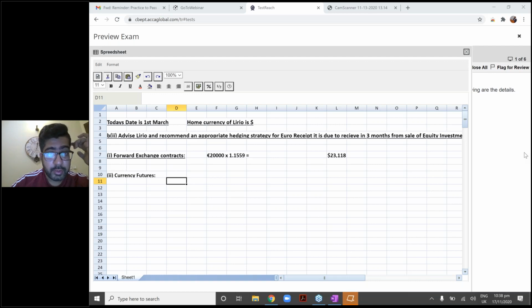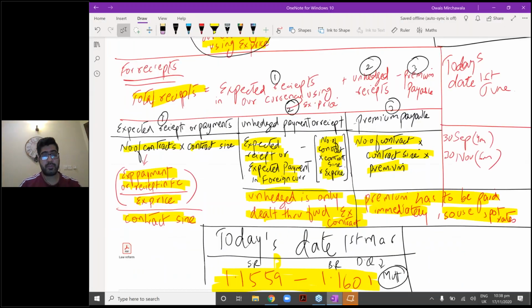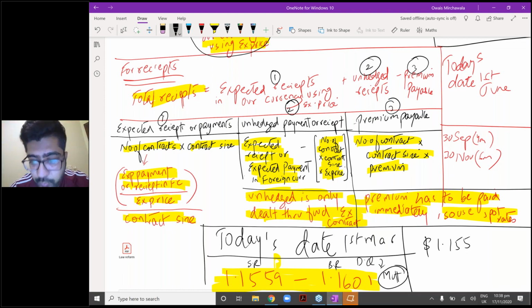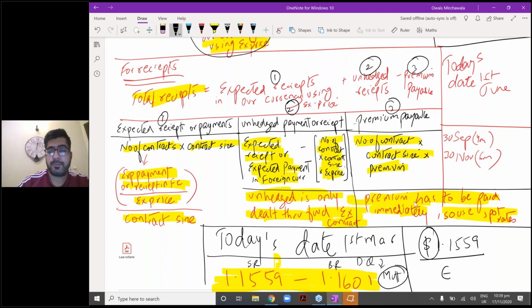And for Julie and MD Rizwan, please pay attention to this note. That's specifically for these two students. It's written $1.1559 per euro, right? So which is in the numerator? Dollar. The local currency is dollar. That's why it's a direct quote. In a direct quote, we multiply. That's why we multiplied. And in a direct quote, the rule is lower is the selling and higher is the buying,